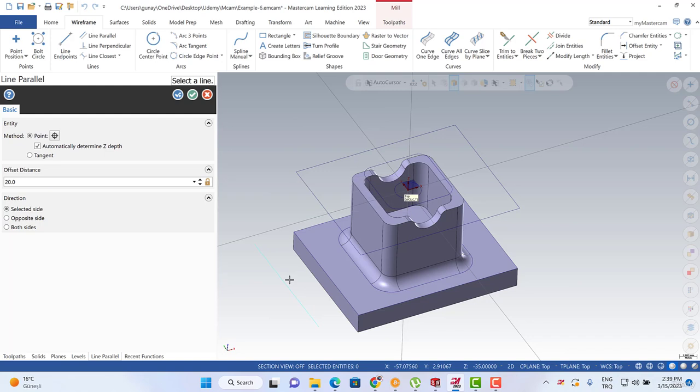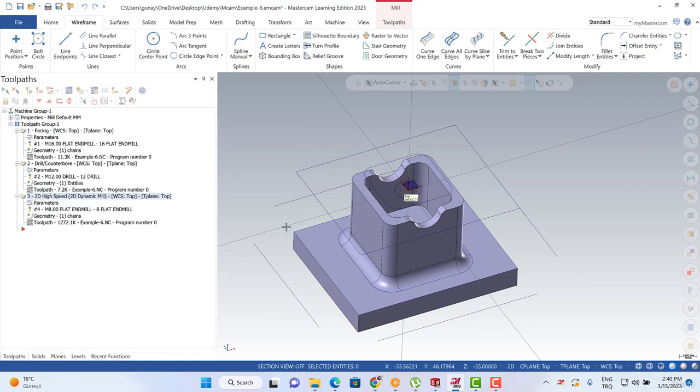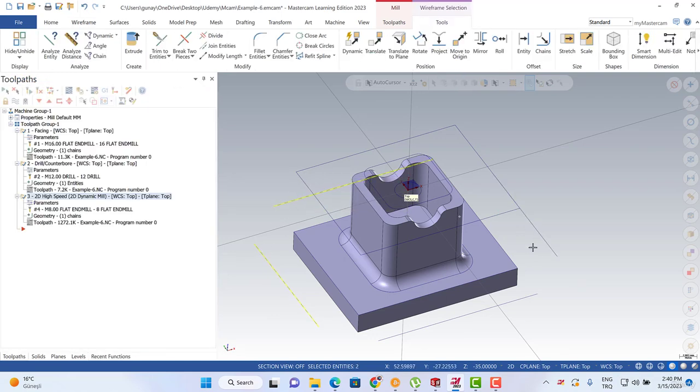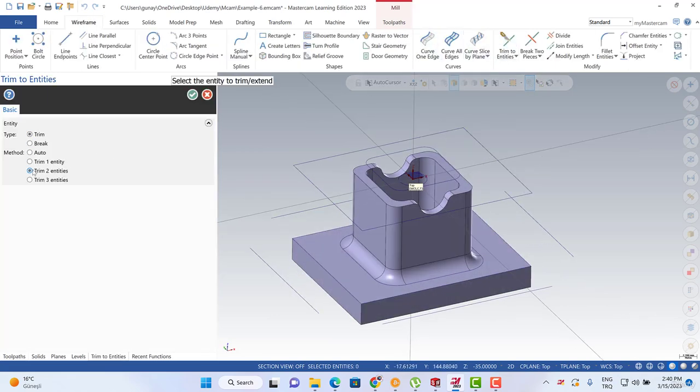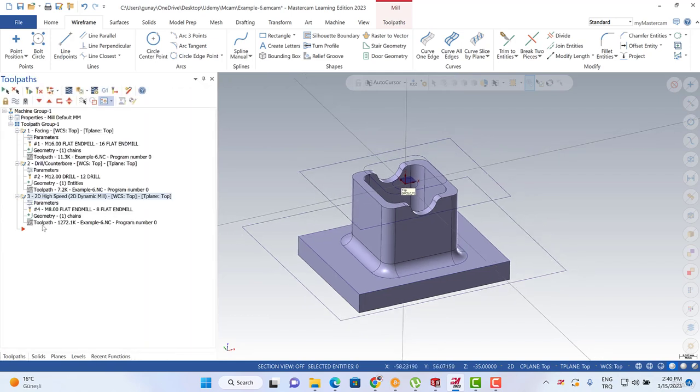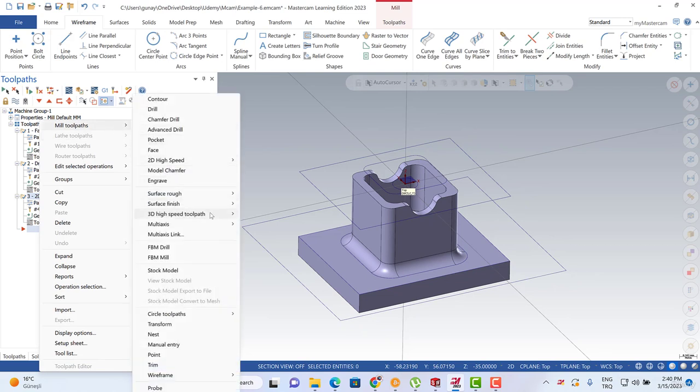After that we can use the parallel to spiral line to extend our toolpath, for example, with maybe 20 millimeters, like this one, and this one. Maybe 20 millimeters is okay for now, and then we can change it. Let me use the trim two entities options, so we can easily create some intersection points like this one,